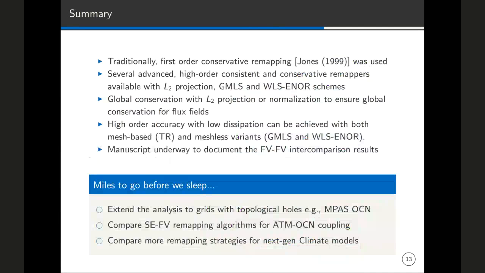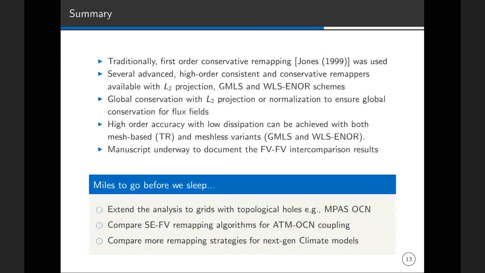And so in summary, what this particular talk is about is we compare different remapping schemes. Traditionally, we have always used first order remapping schemes, but with E3SM and as a broader community, we want to explore these different remapping schemes and look at the properties